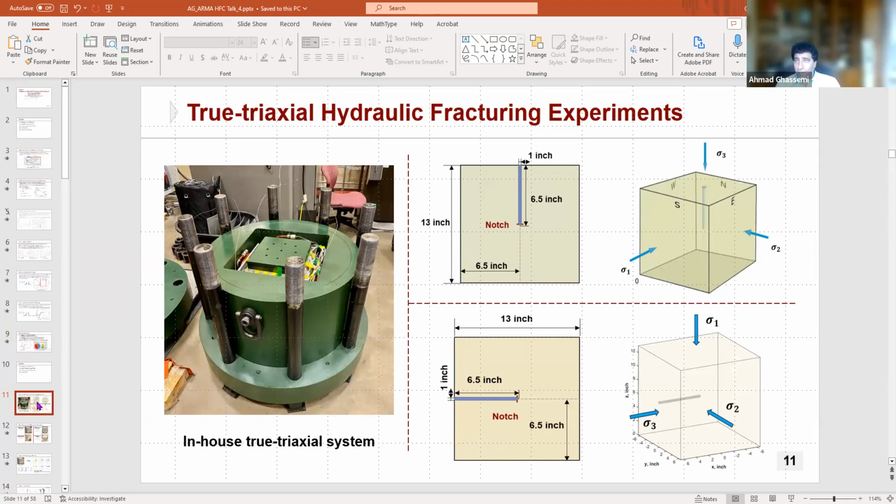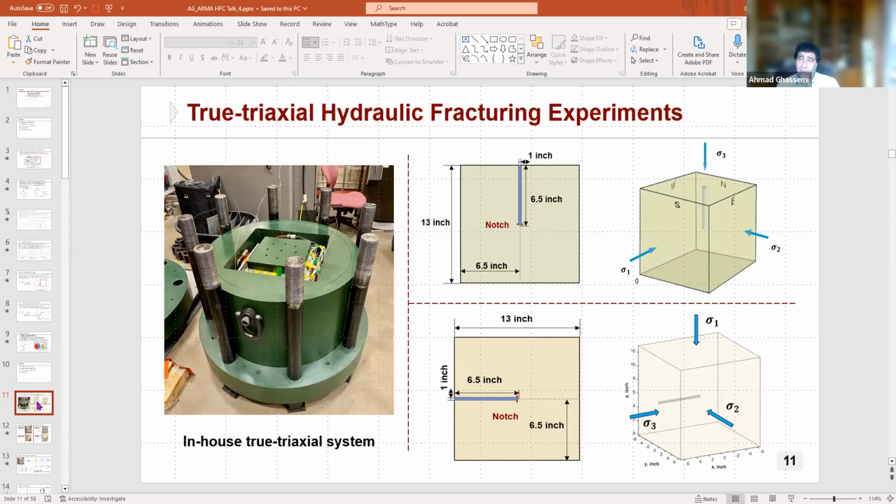And so that was our motivation to do some lab scale studies to see if we can shed some light on the fracture closure mechanisms,